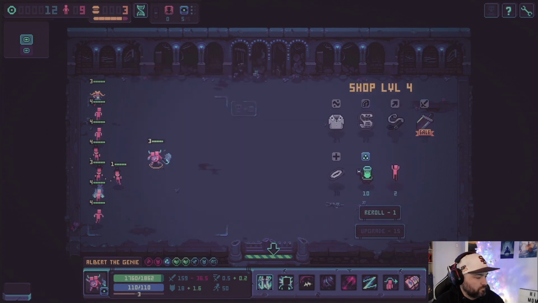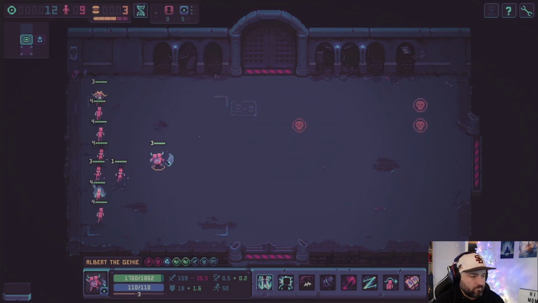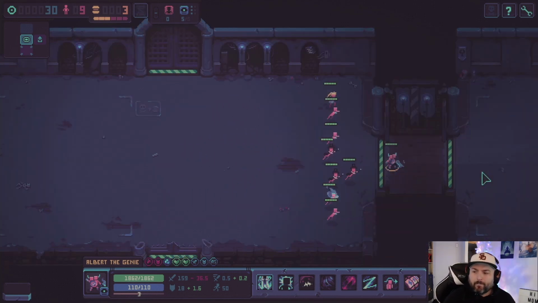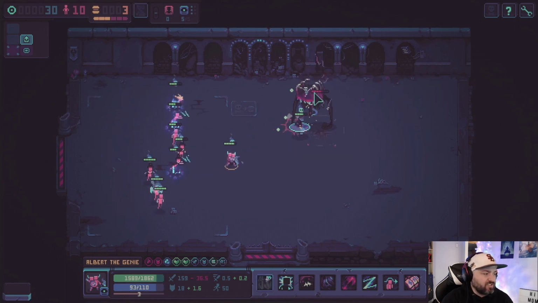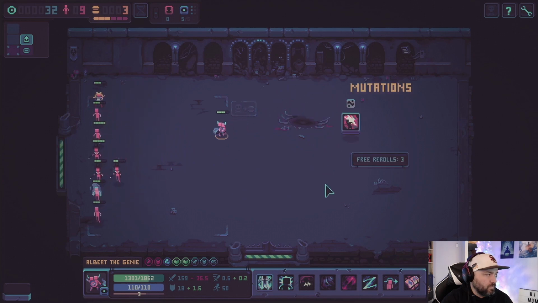Let's go with this. A little bit of armor. Those guys are nothing, they just get melted. Go through here. So these guys are a big problem for mages. One thing you can do, so